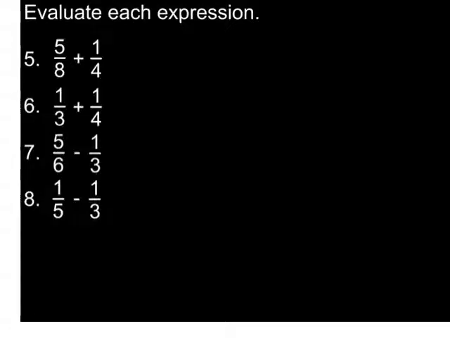In this case, you can use multiple different common denominators. Some of you might have gone to 16, some of you might have even gone to 32. But I do like to use the smallest common denominator. That's going to be 8. And so I'm going to leave the first one as 5/8, and then the second one, the 1/4 is going to become 2/8 because I'm multiplying top and bottom of that one by 2 in order to make the 4